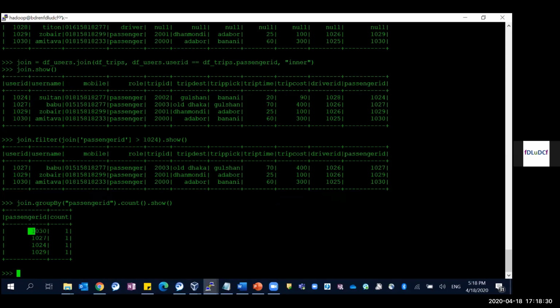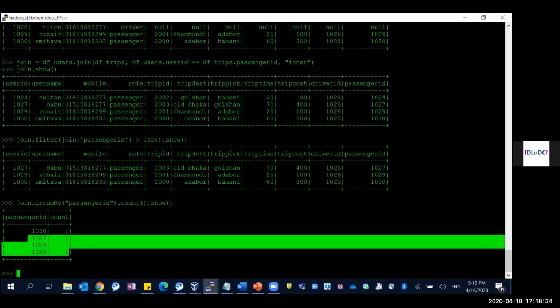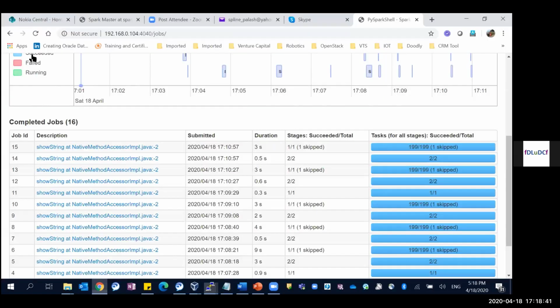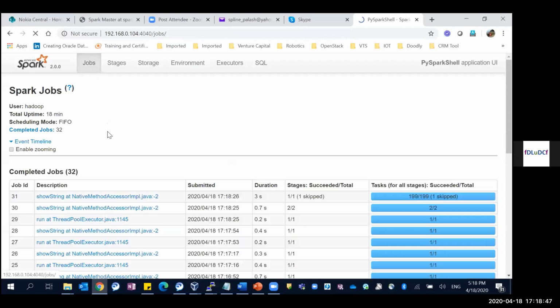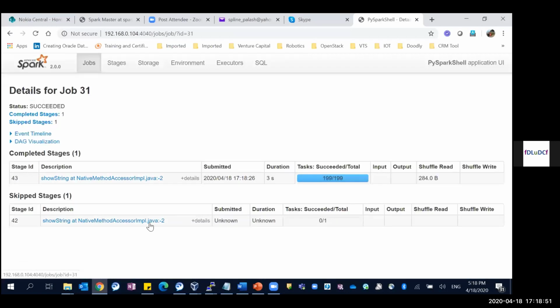So all the passengers are having the same count of trips here according to our data set. So now, we have done one group by operation. Let's go to the job. So this should be one,